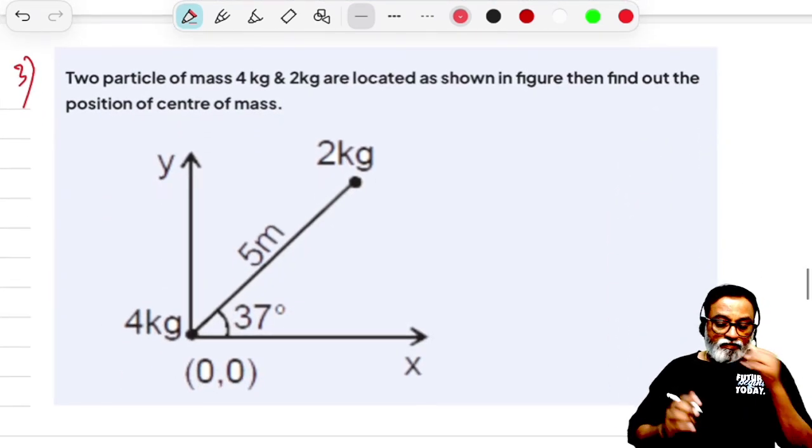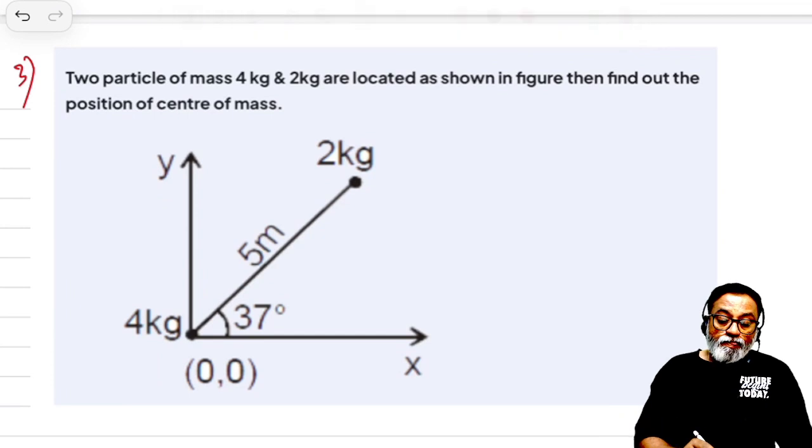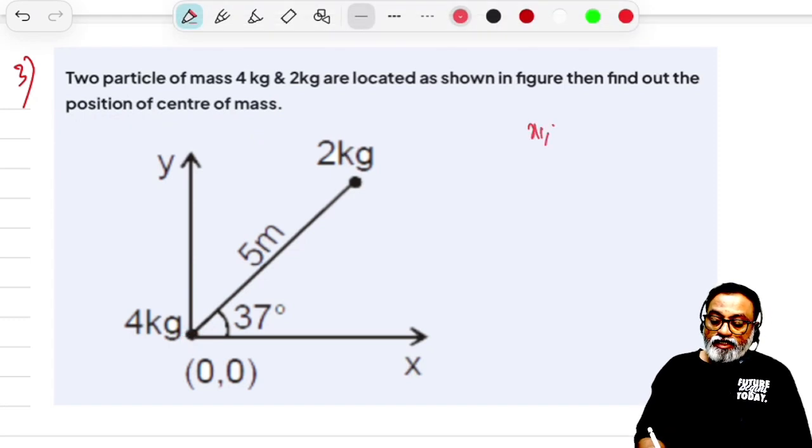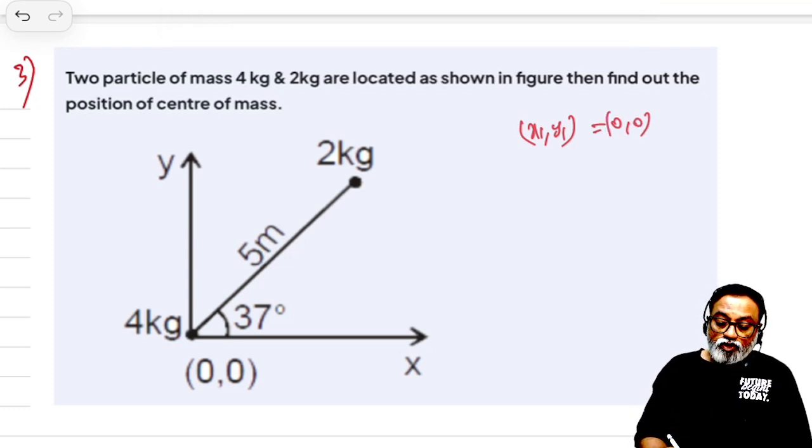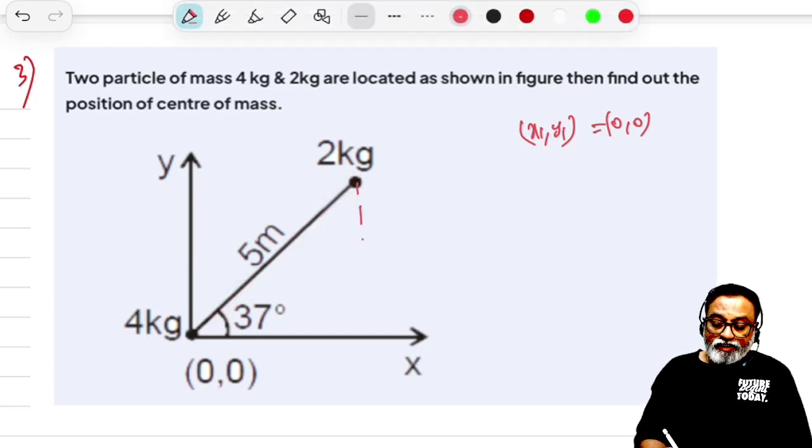See, here is another problem. Here, two particles of masses 4 kg and 2 kg are located as shown in the figure. Then find out the position of the center of mass. See, here the 4 kg mass is at the origin, therefore its coordinates x1 comma y1 is equal to 0 comma 0. Then here the 2 kg, its coordinates, if you draw two perpendiculars, one onto the x-axis, another onto the